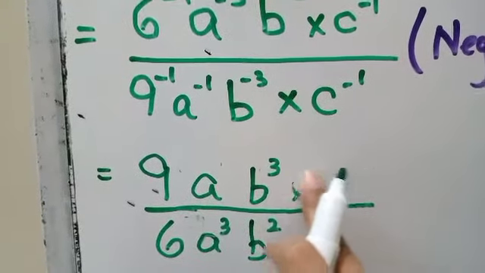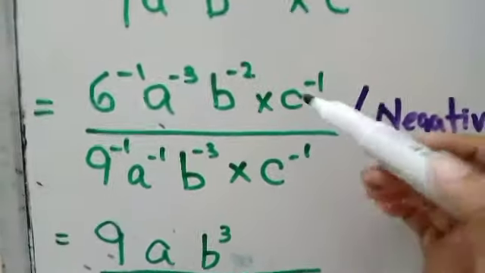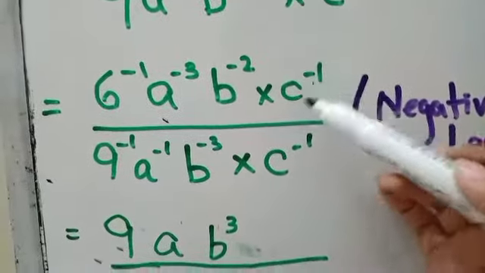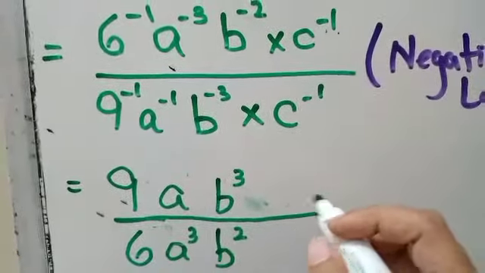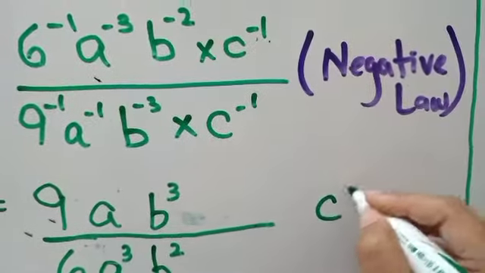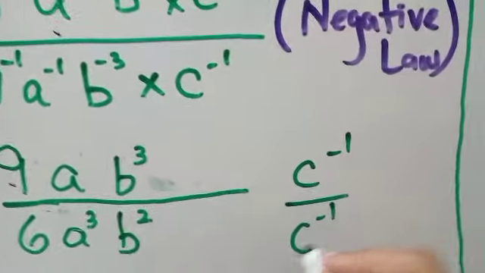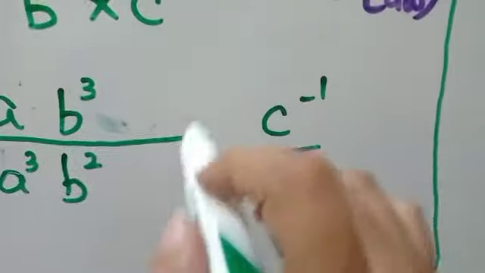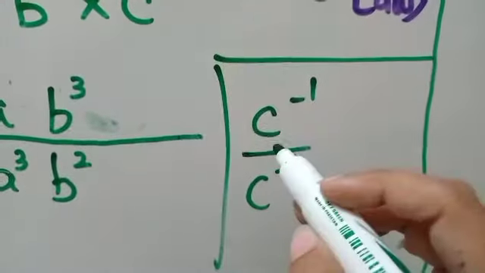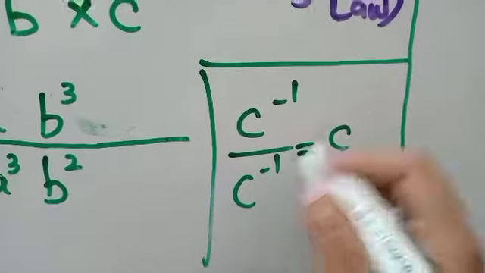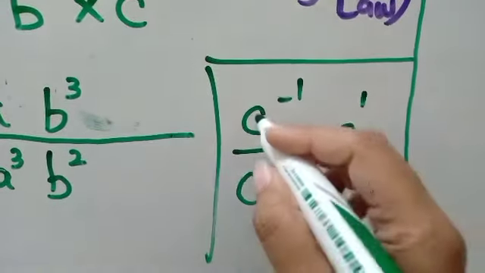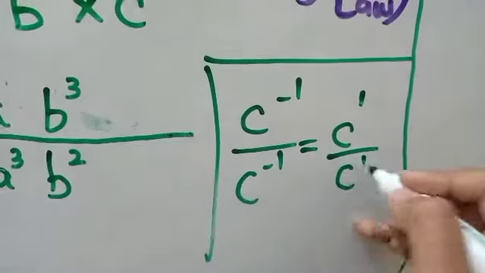Now c over here, girls, I do not need to solve this. When you have same exponents, like over here, if you apply it, c raised to the power minus 1 and c raised to the power minus 1. I'm solving this separately so that you can directly apply. C raised to the power minus 1 over here, c raised to the power minus 1. If I take this up, it will become positive. If I bring it down, it will become positive.